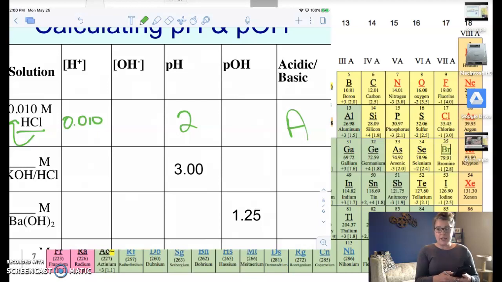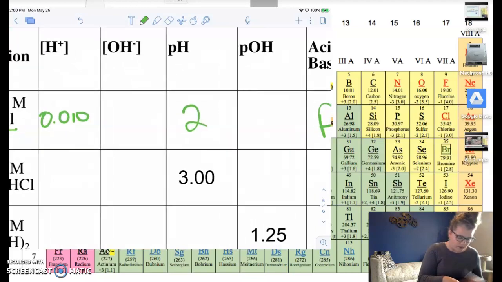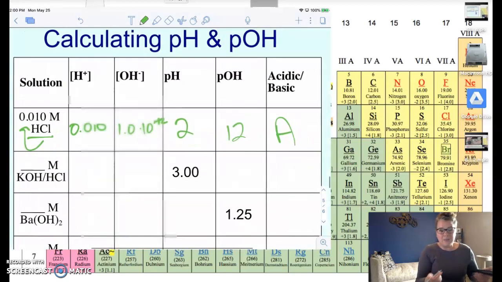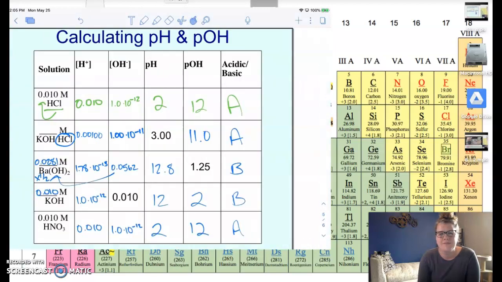To figure out the OH and the pOH, you can use that Kw value of 10 to the negative 14th and solve for the concentration of the hydroxide ions, just like we were doing before. And that is 1.0 times 10 to the negative 12th. Once you've got that value, you can just take the negative log of it and get the pOH, which would in this case be 12, because it's going to be the inverse. Go ahead and try filling out the rest of this table on your own. All right, here you go. You probably were able to identify a pattern